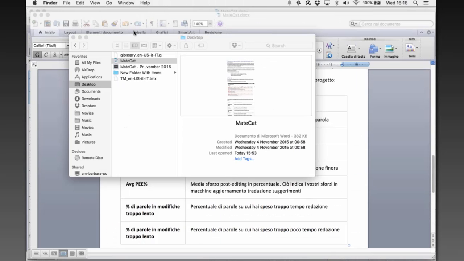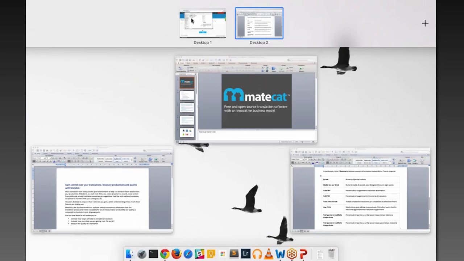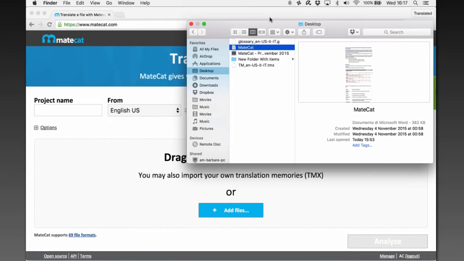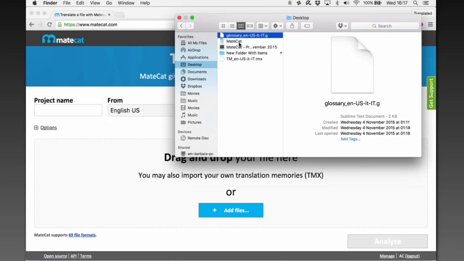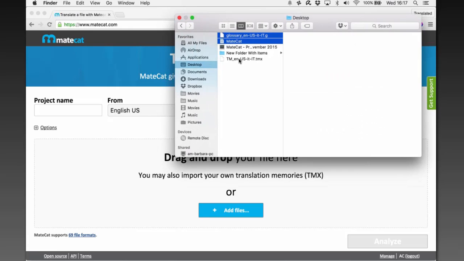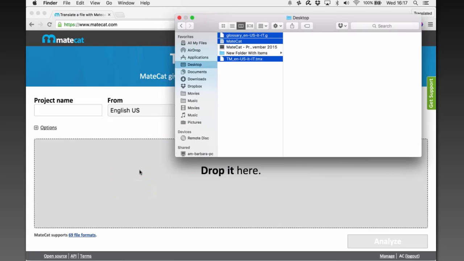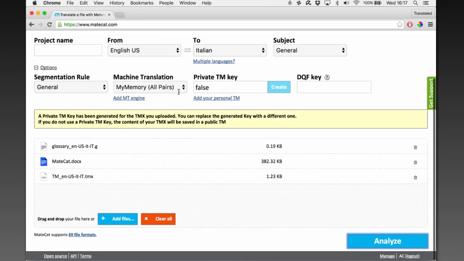In this case, I'm going to upload a glossary, the document to translate, and a translation memory. So in this case, I'm receiving from the client the document to translate, this MateCat docx, but the client also sent me a translation memory and even a glossary. So all I need to do is just drag and drop the files here, and what MateCat does is it